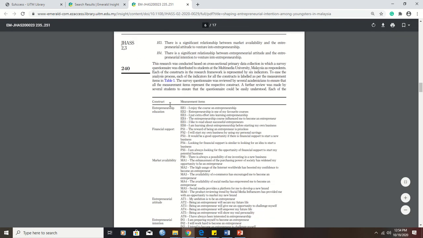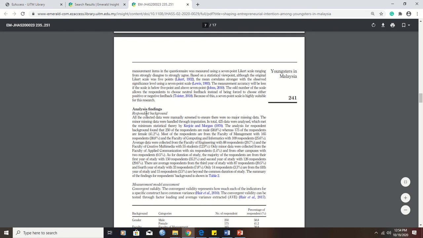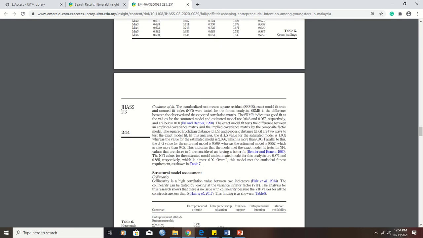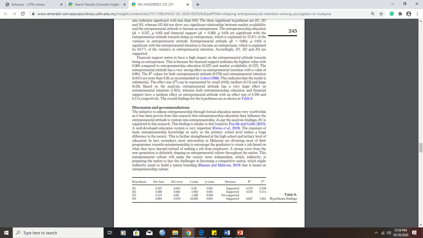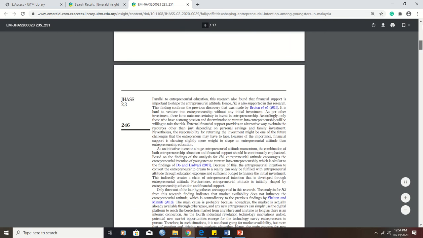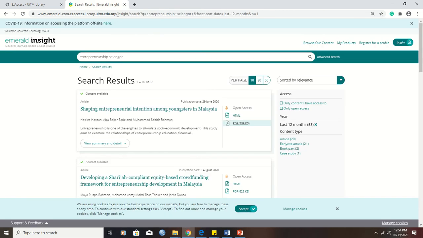Here is a research framework, and then they have the analysis and the findings, and then they have discussion and recommendation. Okay, so you can use this paper as well. Okay,